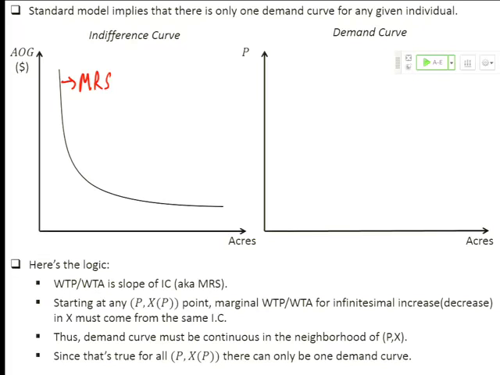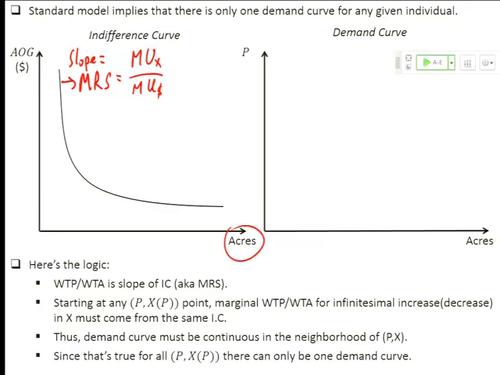So as you substitute from one to another, what is the marginal rate at which you substitute in order to remain indifferent to the trade? Okay? So the slope is the MRS. And the MRS, if you remember from the implicit function theorem, is the ratio of the marginal utility for good X, in this case acres of wilderness, to the marginal utility of good Y, which in this case is dollars. So it's the ratio of how much additional utility you get from an acre of land to how much additional utility you get from $1.